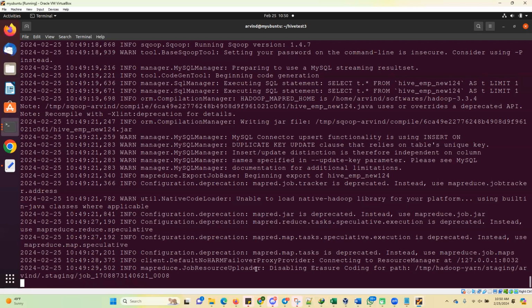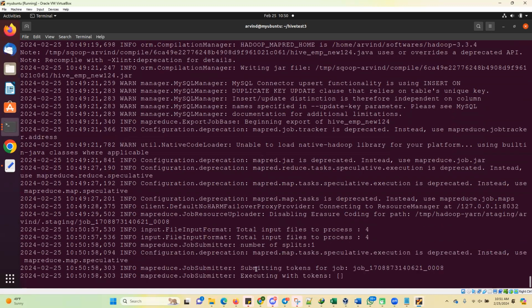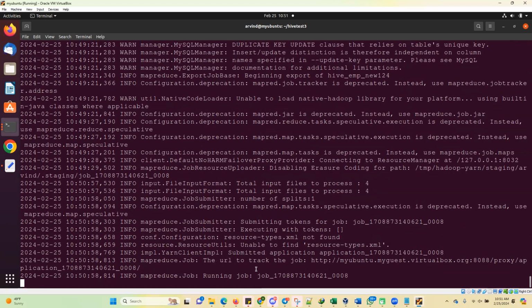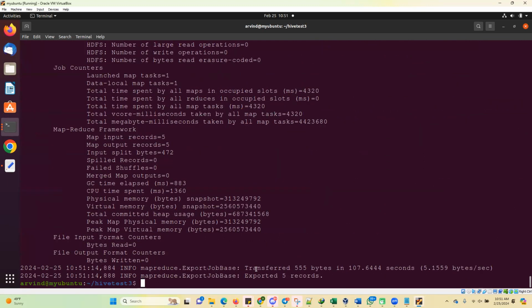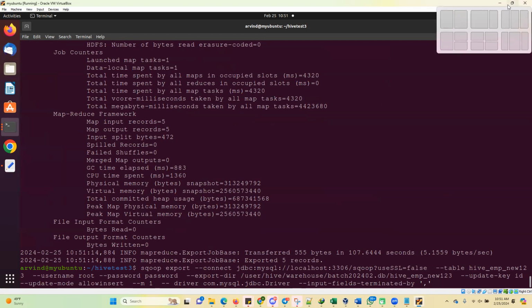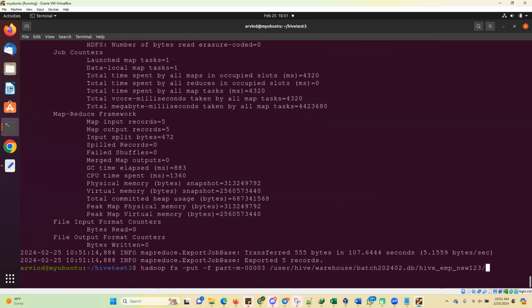Because if the primary key is there, it will not allow duplicates. It will automatically do update only. If a new record is there, that is fine. But when an existing record is inserted, without the primary key restriction it creates a new record as well. If the primary key restriction is there, the existing record will not insert, right? So this is the first time all the 5 records are there. Now if I modify the file,